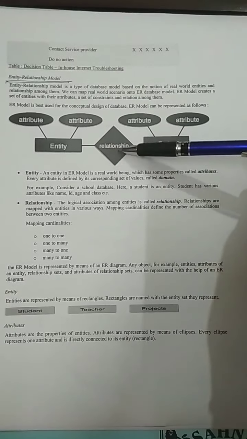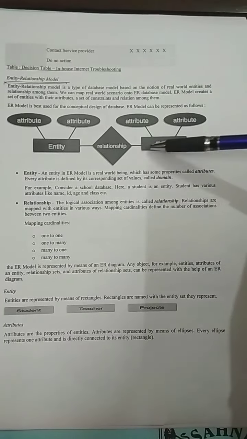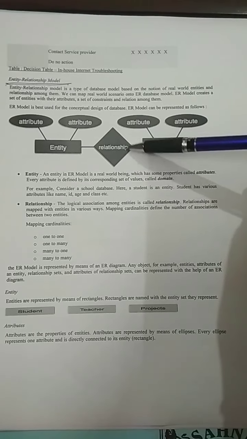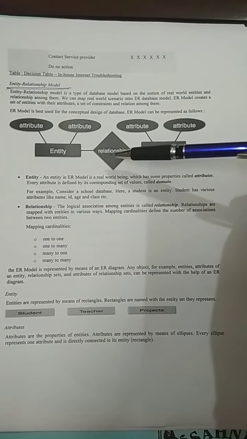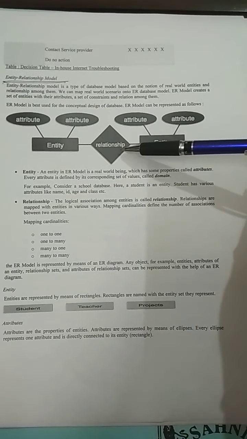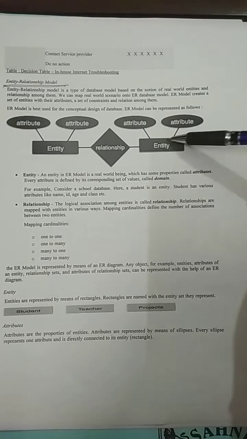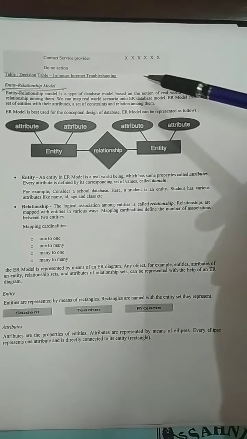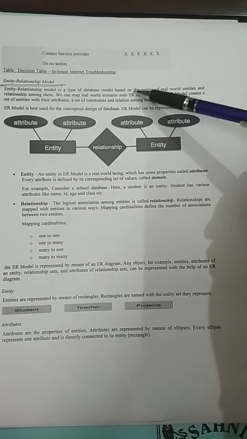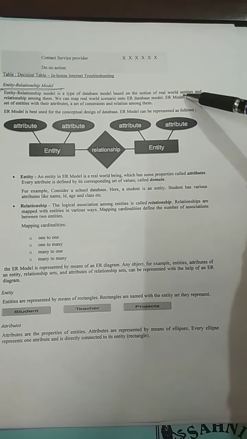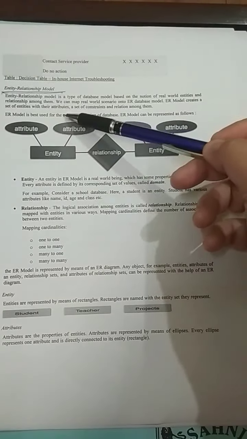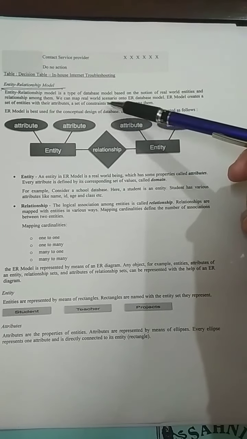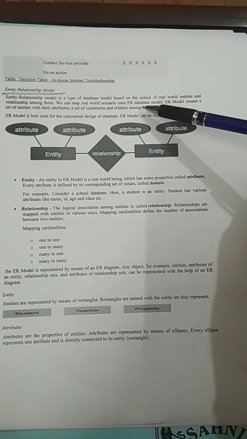Relationship is basically the relationship between the entities, or what relation exists between two entities, or there could be one entity which has a relationship with itself, right? So basically the entity relationship model, or we can say the ER model, ERD or ER diagram, is a type of database model based on the notion of real world entities and the relationships among them. So we can map a real world scenario onto an ER database model,